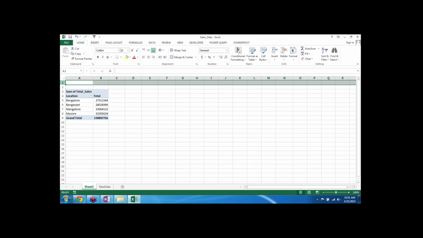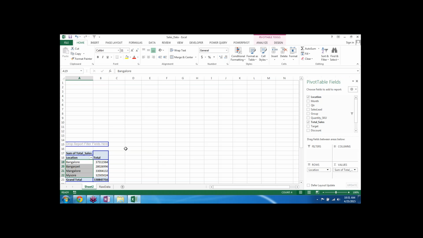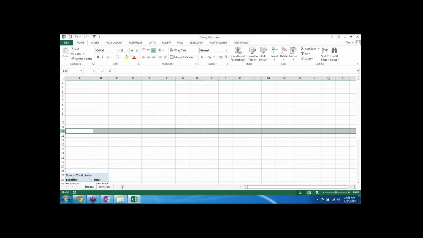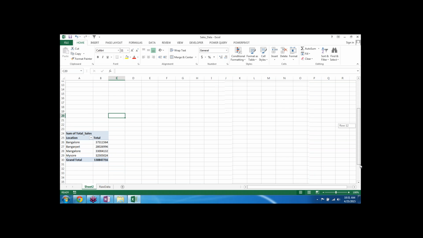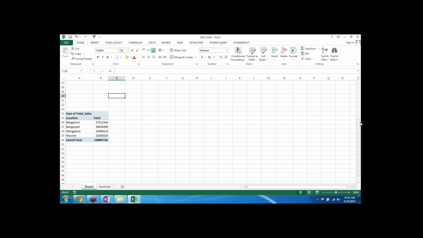Once I have made the pivot, I am just pushing it down a bit. I'll tell you what is the reason behind pushing it down. See, I want to put some charts over here. And these charts will be based on these pivots.